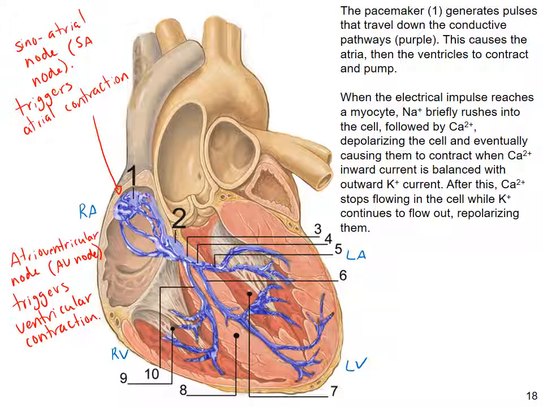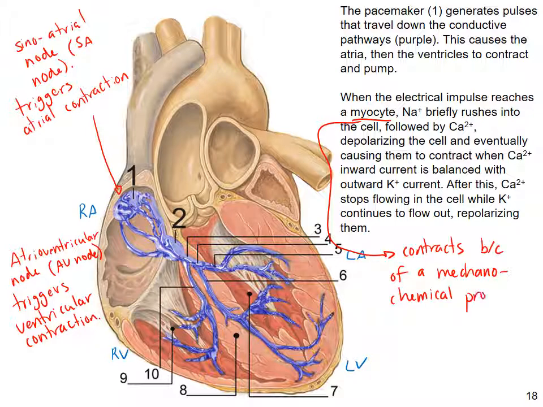Okay, so what ends up happening is that when the impulse reaches what we call a cardiomyocyte, which is a cell inside the heart, the myocyte contracts. It physically contracts because of a mechanochemical property of the cell. Okay, so what ends up happening is we get this electrical impulse flowing through, and as